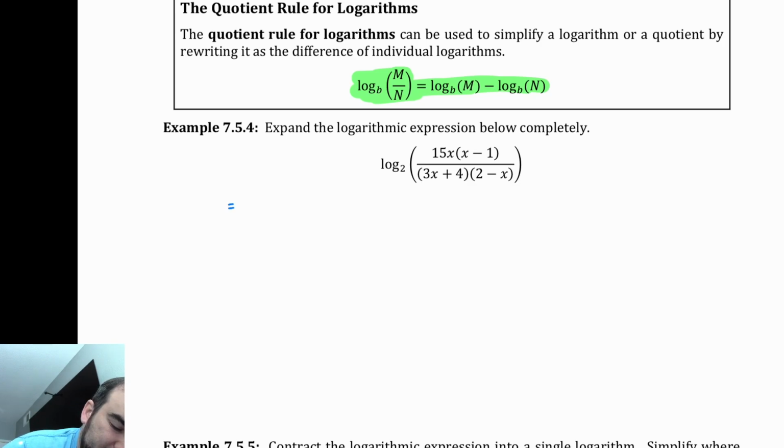So the first thing we would do is we would say log base 2 of the numerator, so 15x times x minus 1, minus log base 2 of the denominator, which is 3x plus 4, 2 minus x,